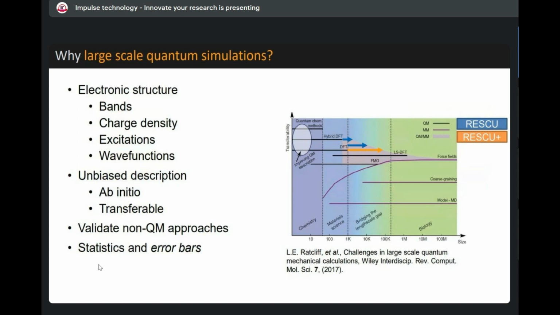So, as I have already said, RESCU and RESCU Plus are designed to address the large scale atomistic simulation of materials. These are increasingly becoming important because atomistic simulations are the state-of-the-art method that has the accuracy and transferability of the simulation from various small scale systems to large scale systems,